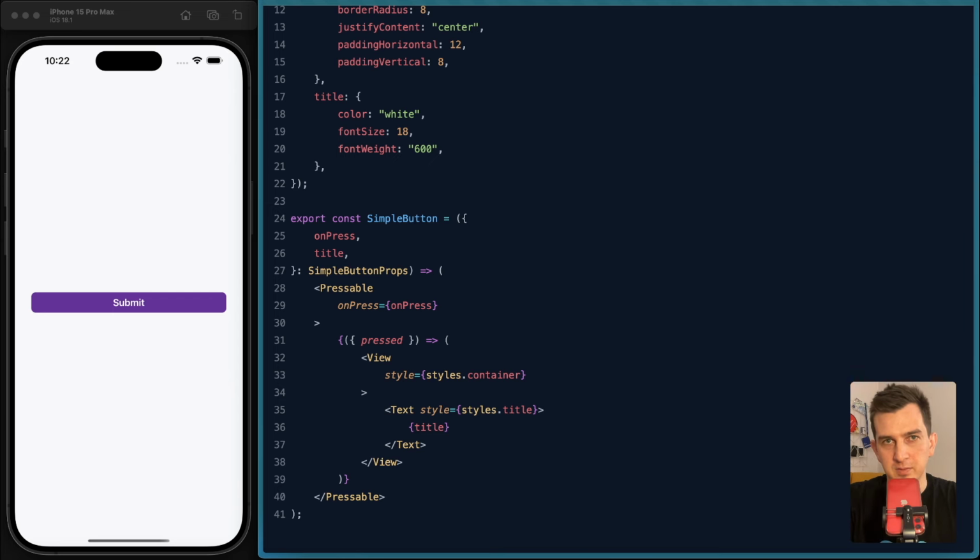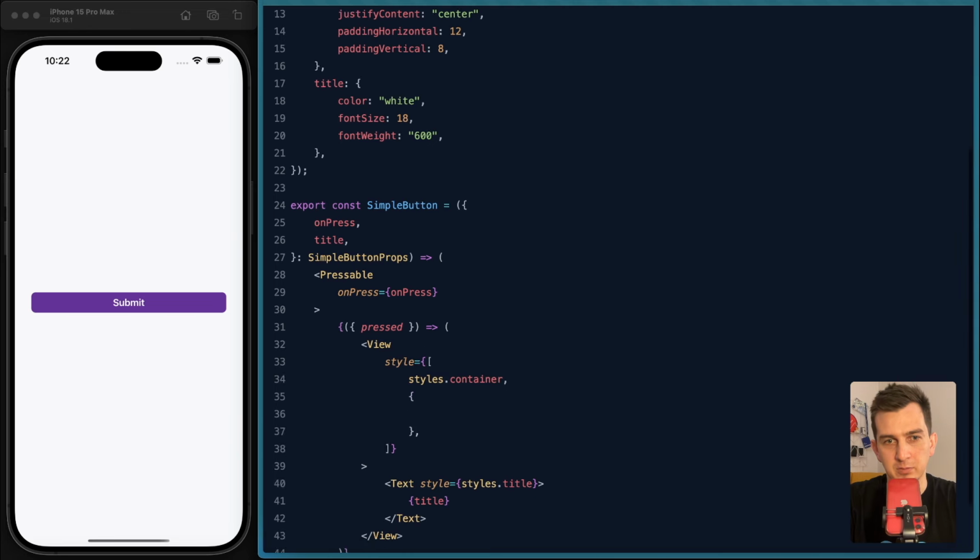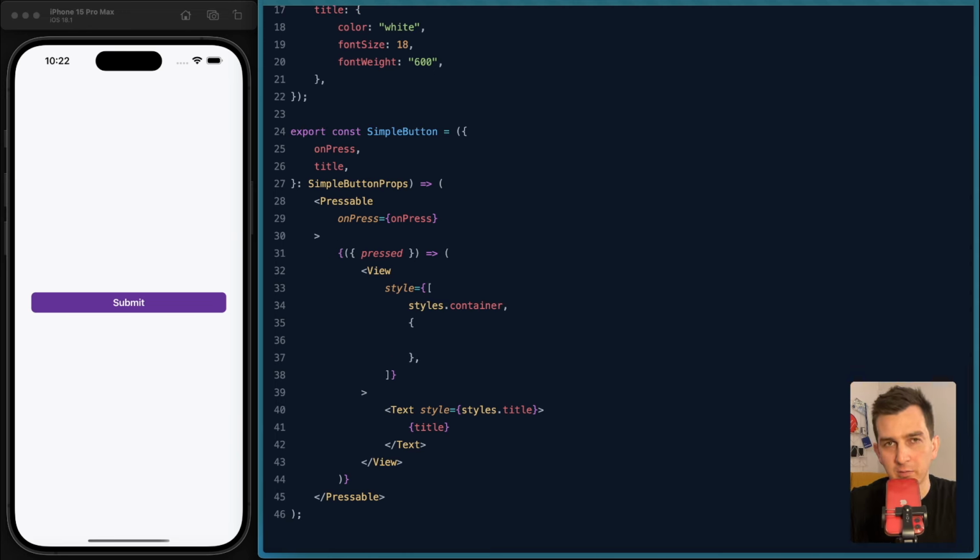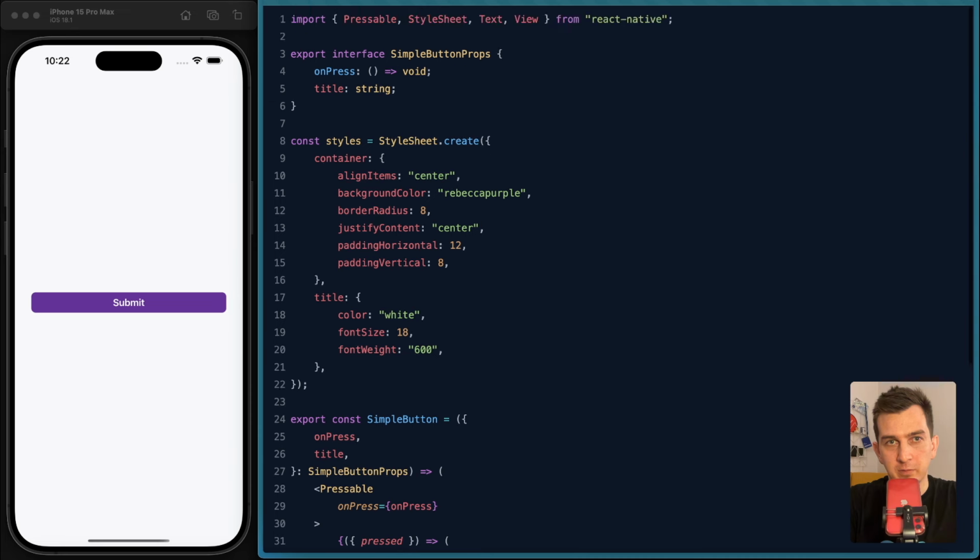Instead of using a simple style object, we will use an array which will be merged automatically. Now all we need to do is to change background color based on the button state. Now we can remove the background color from the styles object because it's being overwritten anyway.